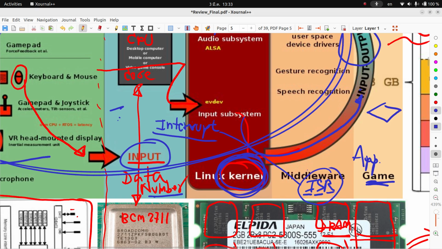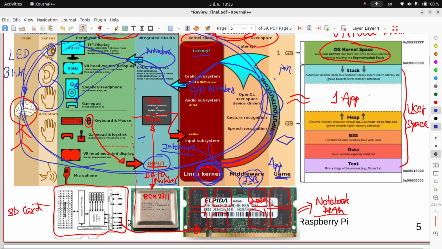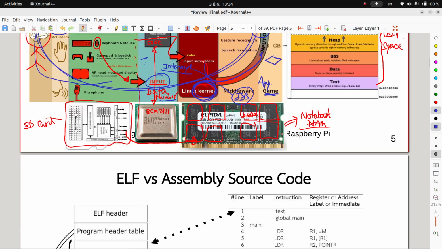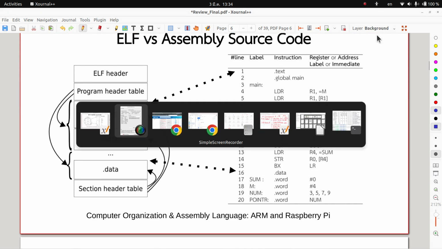I will elaborate on the ISR at the end of chapter 7. Okay? That's the main concept of computer. Every time you play the games, you generate interrupts as many times as possible. Okay? Let's stop here and then